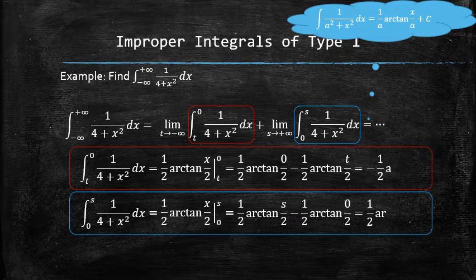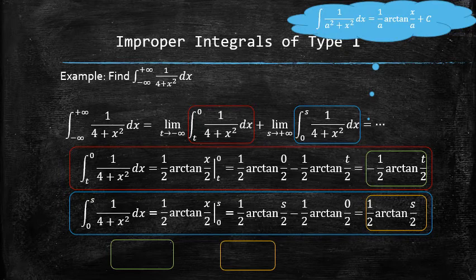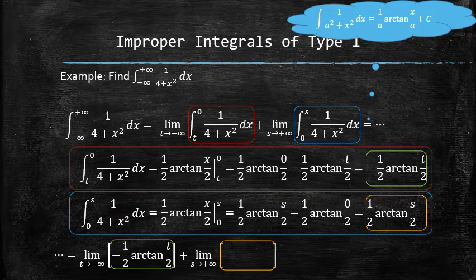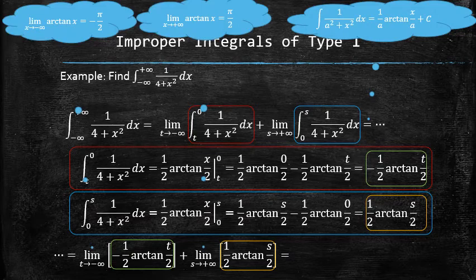Only now can we come back to the original problem and focus on finding the limits. Luckily, we have a variety of tools available for finding limits, including the graphical, numerical, and analytical approaches. In this case, we were able to find the limits, and therefore we conclude that the original integral converges to pi over 2.